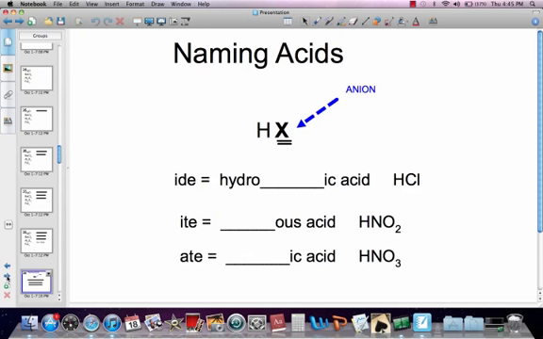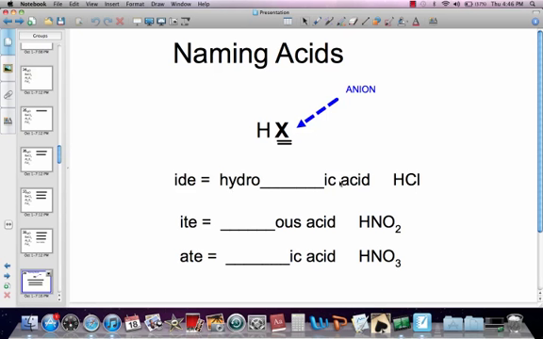Naming acids is a little bit different. Remember, acids are always going to have hydrogen at the beginning, and then whatever the anion is, the negative ion, determines how you name them. If the anion ends in "ide," for example, hydrogen chloride, then you use the "ide" rule, which is hydro blank ic acid, hydrochloric